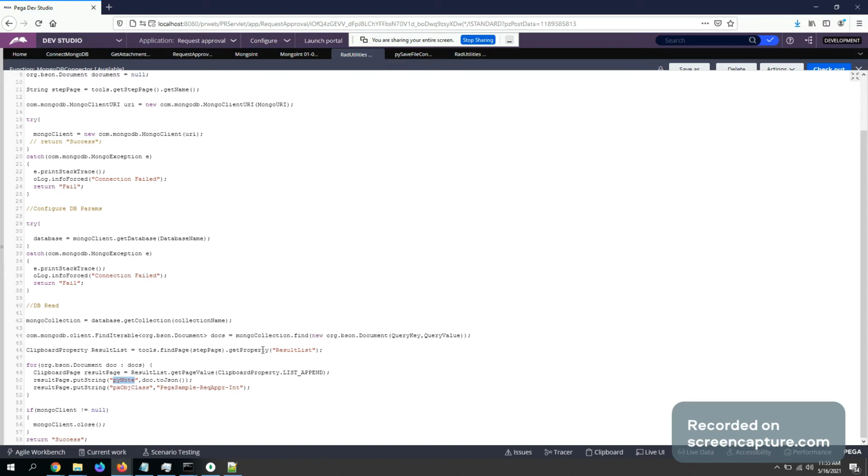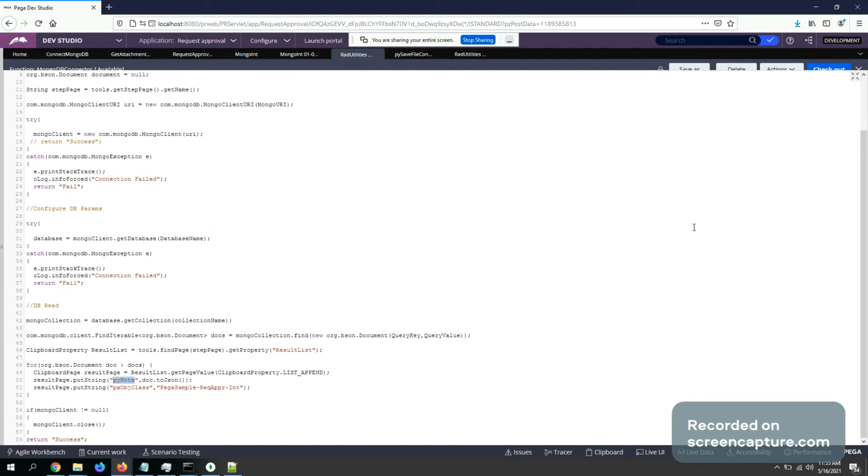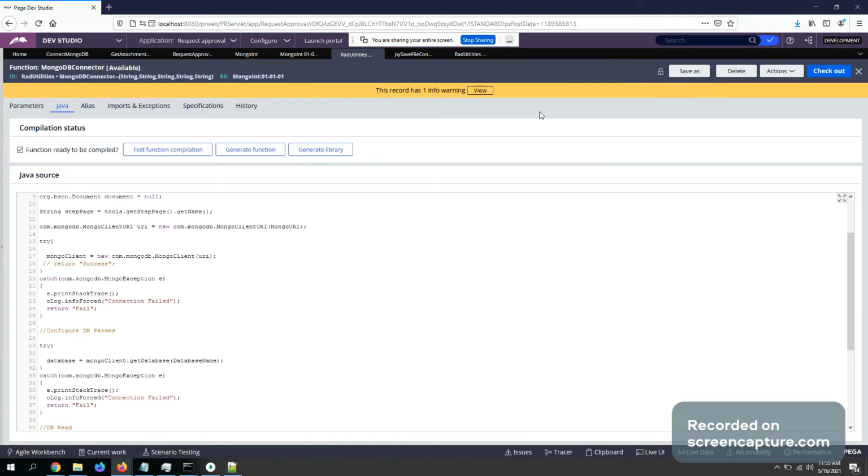On each page in the result list, the py node property contains the JSON of each record that it reads from MongoDB, and then the connection is closed. So this is for reading. You can pretty much copy these lines and use them. These are generic basic lines.